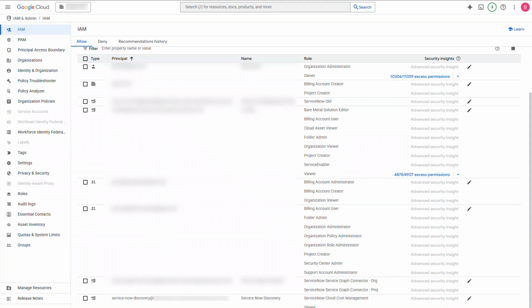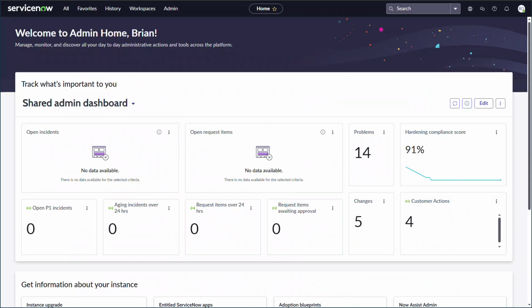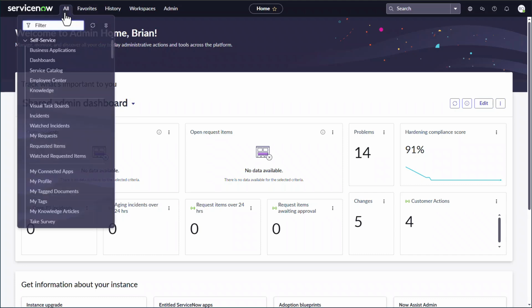And now we'll head over to the ServiceNow instance to wrap up the demo with the last piece of assigning credential aliases to our credentials. Now that we've completed the configuration for all of our cloud providers, we need to make sure that Cloud Cost Management knows which credentials to use for downloading the billing data and for generating recommendations. So to do that, we will go to our credentials table,